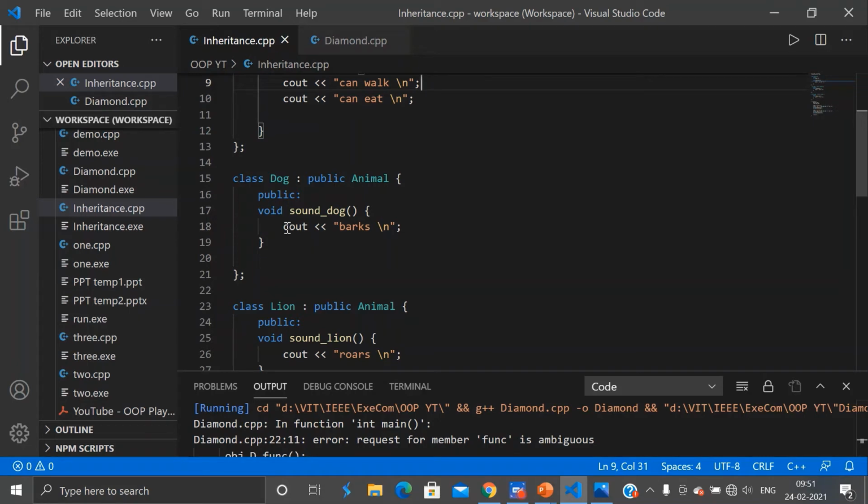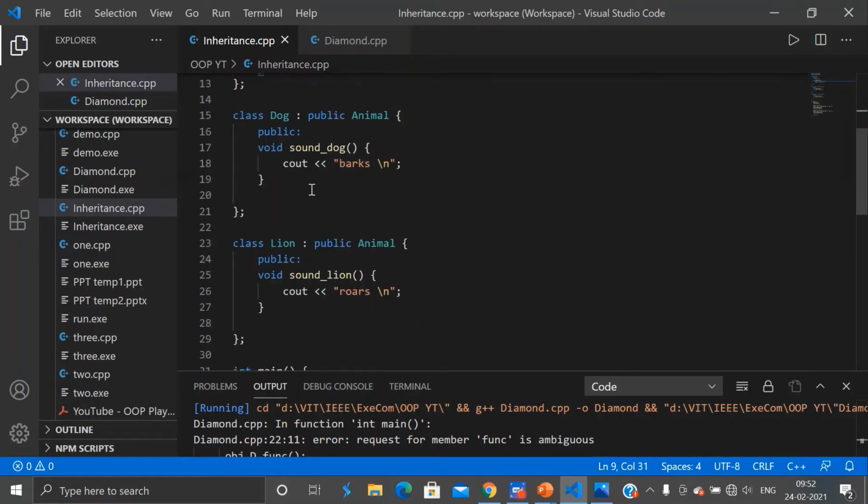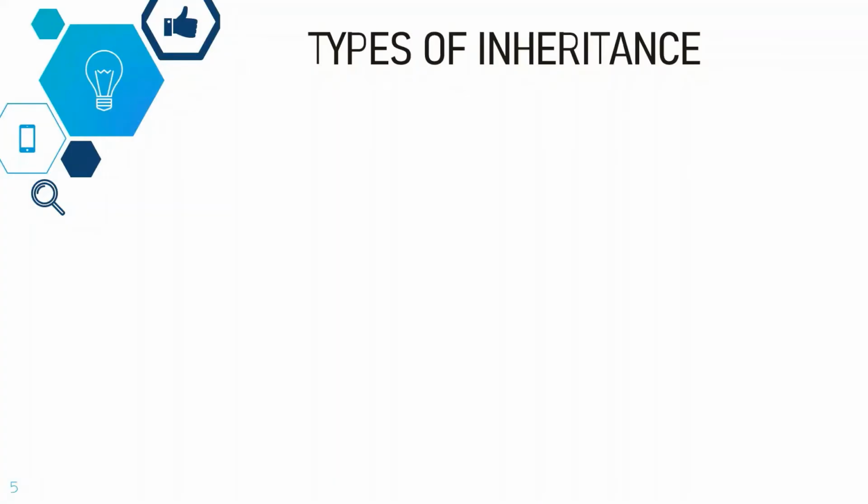So to answer this, a big part of the usefulness of inheritance is its reusability. As we saw in our example, we created a parent animal class which contained the properties and behaviors universal to all animals, and these were later inherited by our child classes dog and lion. Now, in this case, it saved us the time and effort to create those shared functions multiple times for every single subclass. Additionally, inheritance also allows us to limit the chances of human error that might arise while manually inputting these shared functions. So now let us have a look at what are the different types of inheritance.